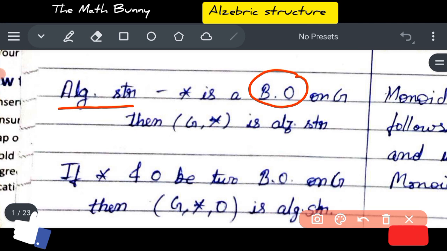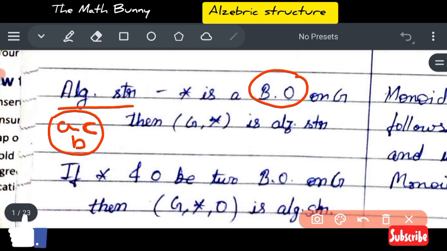For more information, you can check my playlist. But in short, I will help you understand what is binary operation. If you take a set in which you operate two elements, say a and b, suppose you add a and b and you get result c, and if the result c lies in this set, then this operation you have done will be called a binary operation. Suppose you add, then this addition will be called a binary operation.